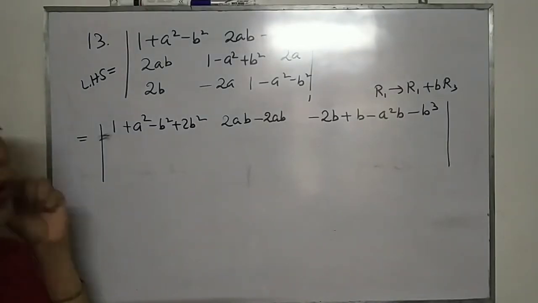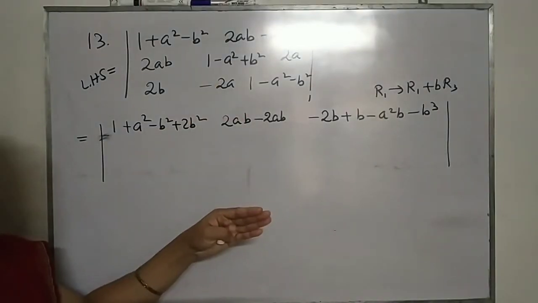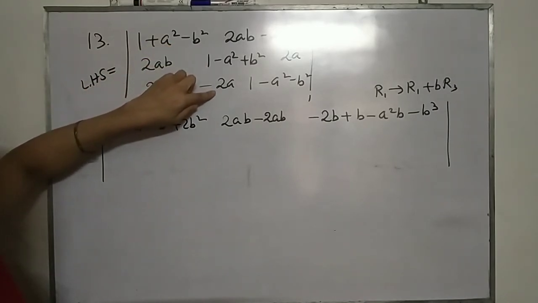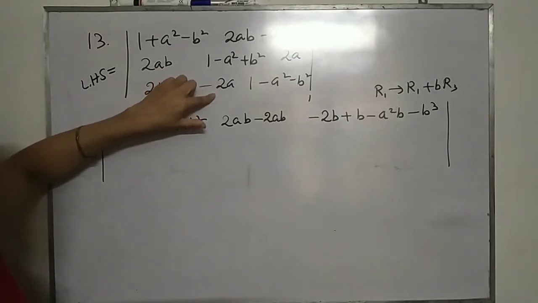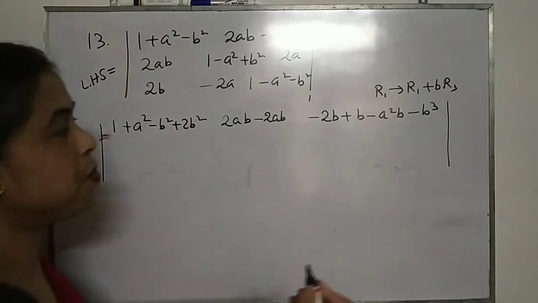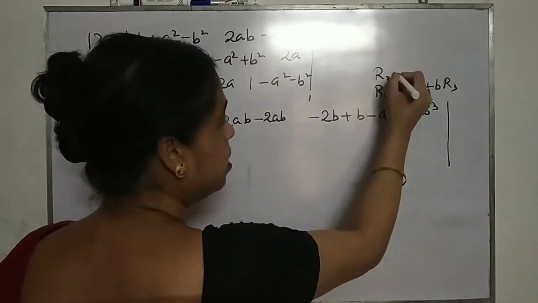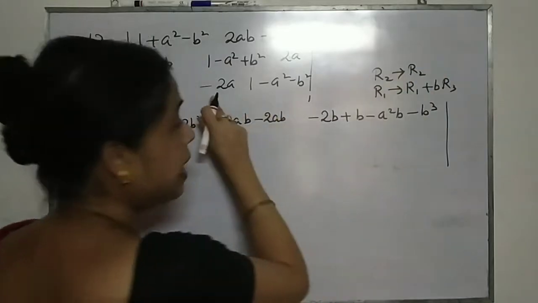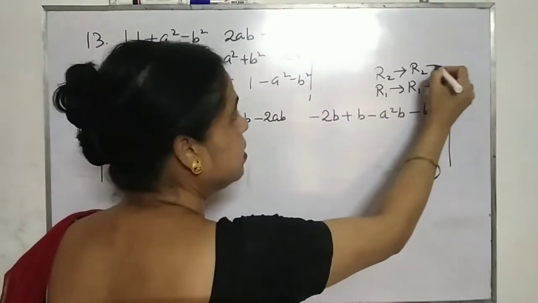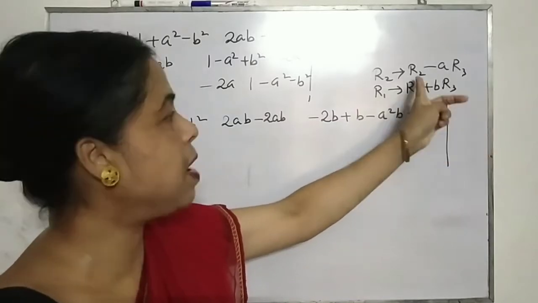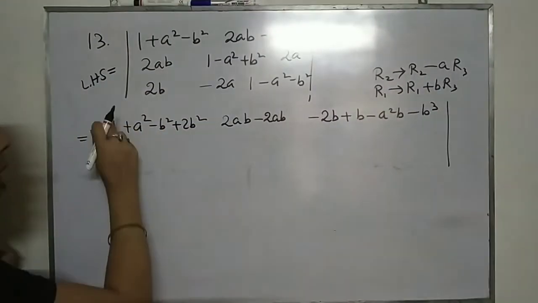One more step you can do, the same step or separately also you may do it. Here you see, you may get plus a square. If I multiply this by a and subtract, then it is possible to get plus a square. So let me do the same step here also. I am writing the operation here. R2 is replaced by R2, as it is negative, I want to get positive, so I have subtracted a R3. You can write it here. I have no space, that's why I am writing here. So you see what we have.